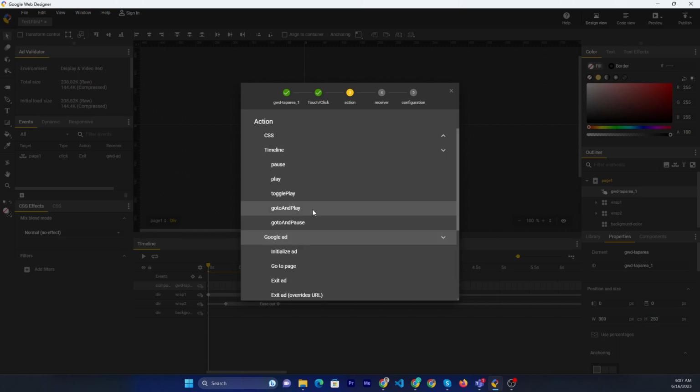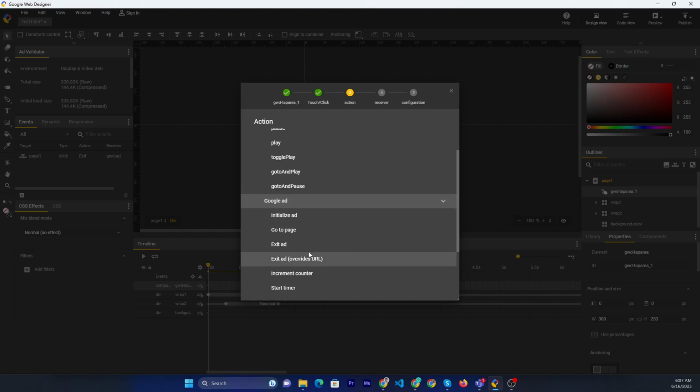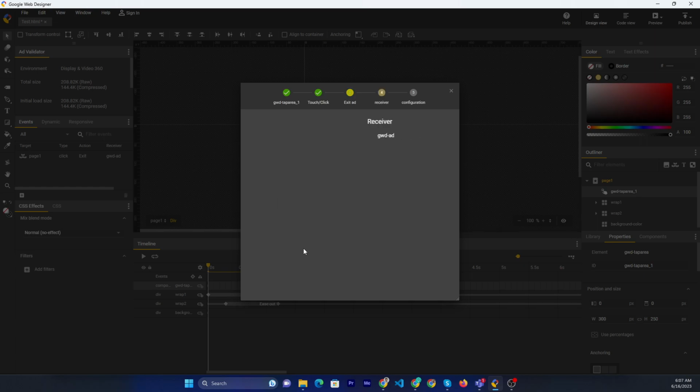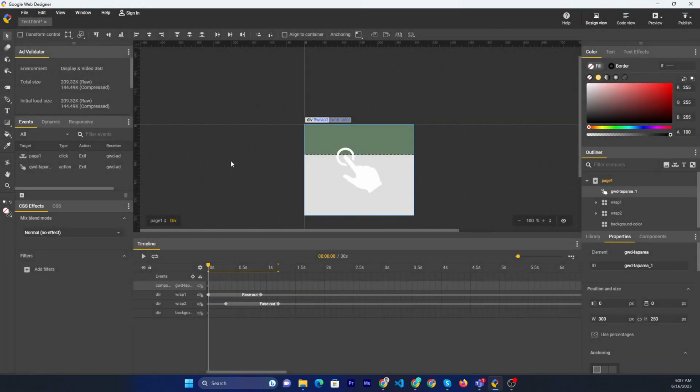I will just add the exit. Alright, Google Ad. Then you can add the click tag. Then you can add the URL. Like and the custom. Go. If you look,